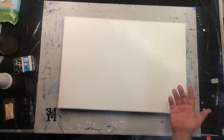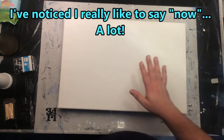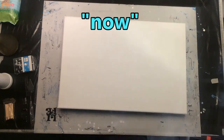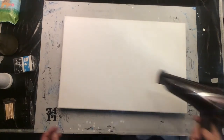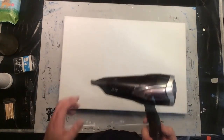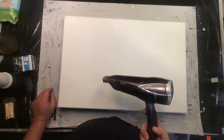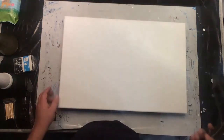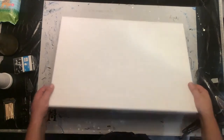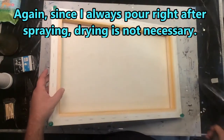Now, here's something that I don't always do. Sometimes I do, but people always talk about this. They go, oh, you need to dry it. Well, I've done tons without drying it, but I will say you can now take just your hair dryer. You may have one of these if you're going to be learning about the Dutch pour later. You might have a heat gun, which again is not a 100% necessary tool, especially if you have a torch. I like both, yeah? But what I'm going to do is turn it again to the inside, give it a little bit of an angle, and I'm just going to